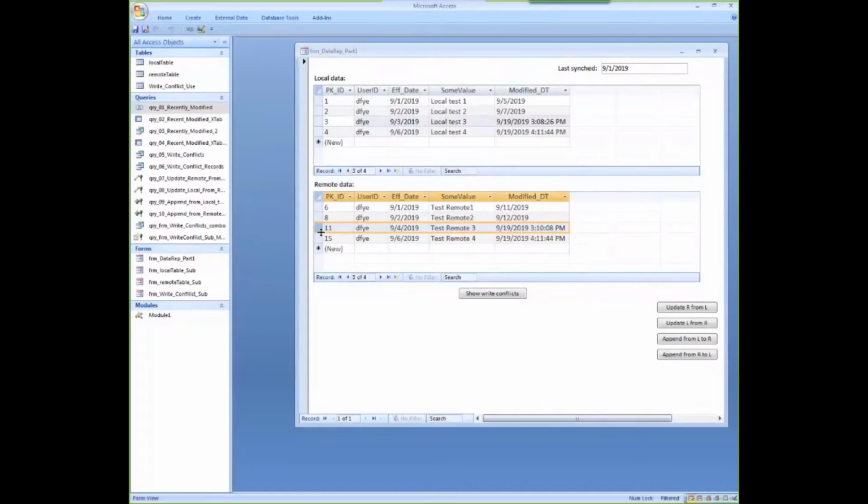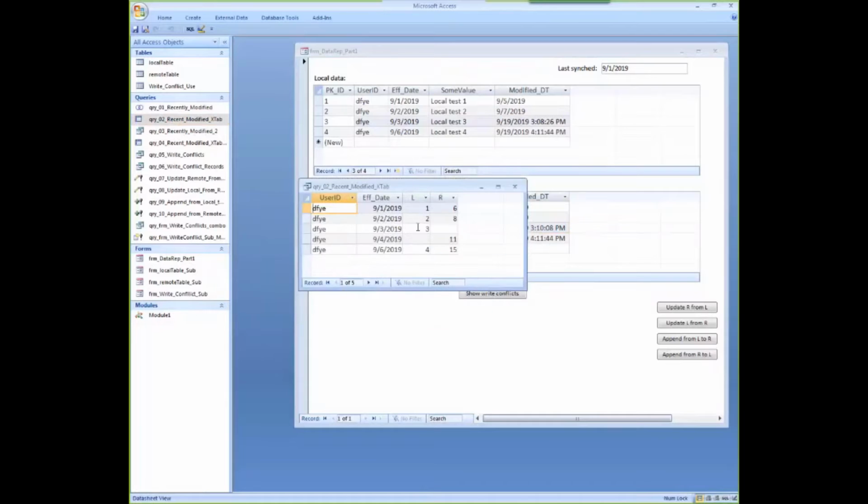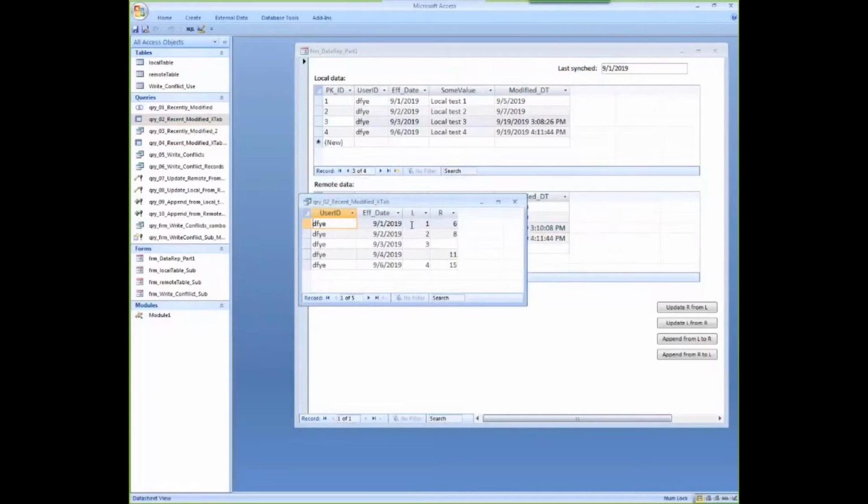If I use a crosstab to view those, it makes it a little bit easier to identify which records belong on or exist in each table, and what their primary key is in each of those tables. And it makes it easy to identify that the September 3rd is on the local computer and September 4th is on the